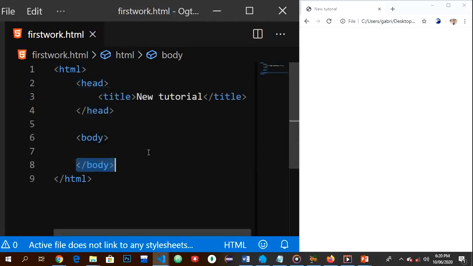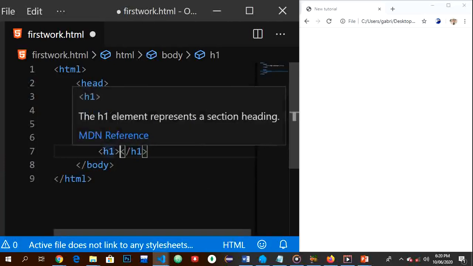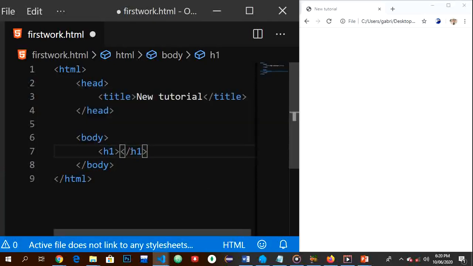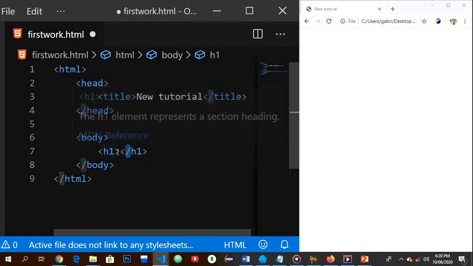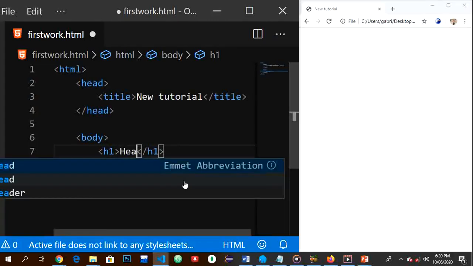So we have other elements like the H1. H1 stands for header 1. We also have the opening tag and the closing tag. Every opening tag must have a corresponding closing tag, and the difference between the opening tag and the closing tag is this /, as simple as that. So let's have header 1